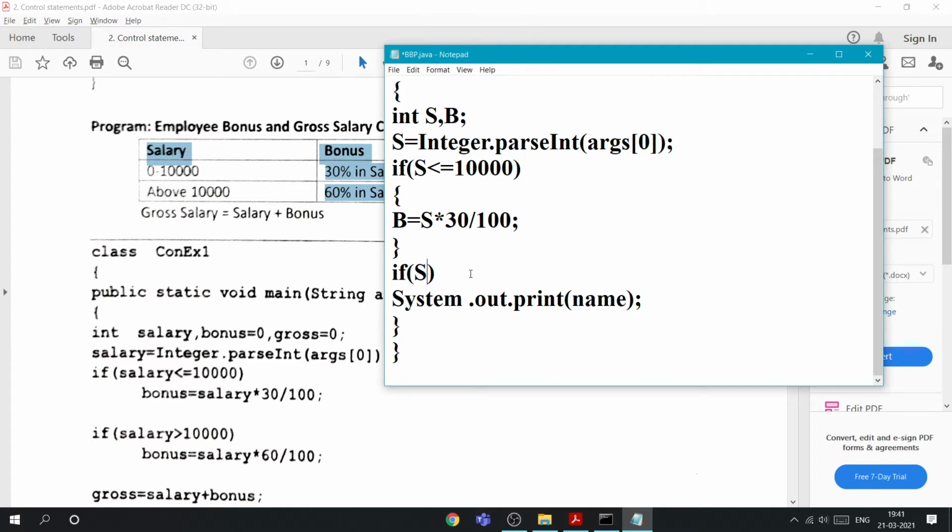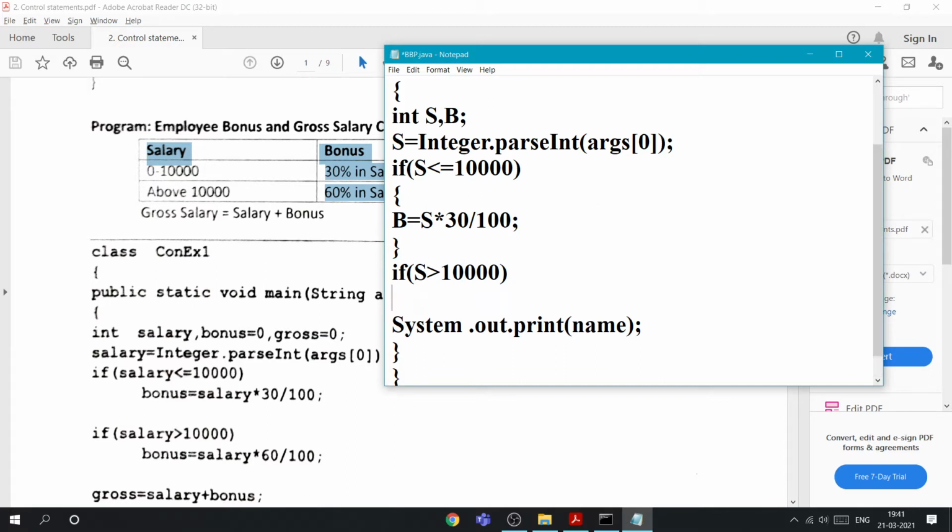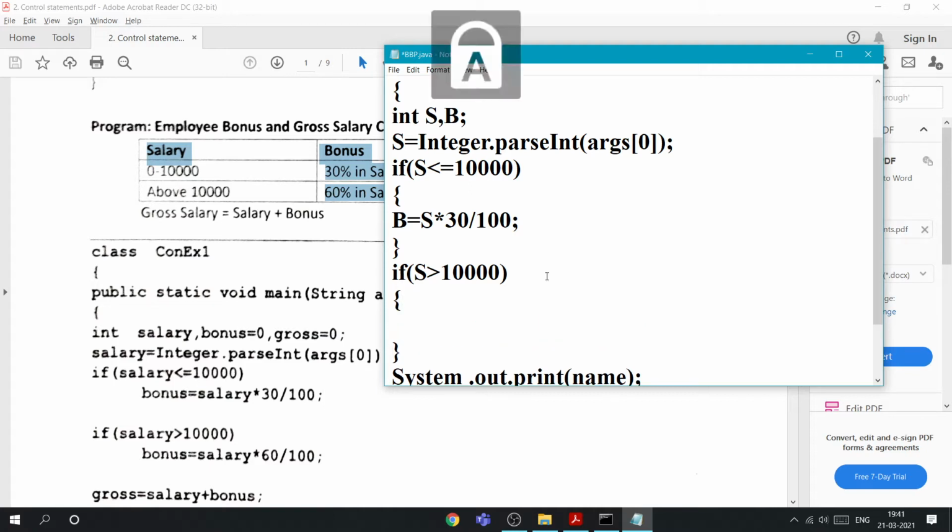Now, if salary is greater than 10,000, bonus is equal to salary into 60 by 100. So we got the bonus.